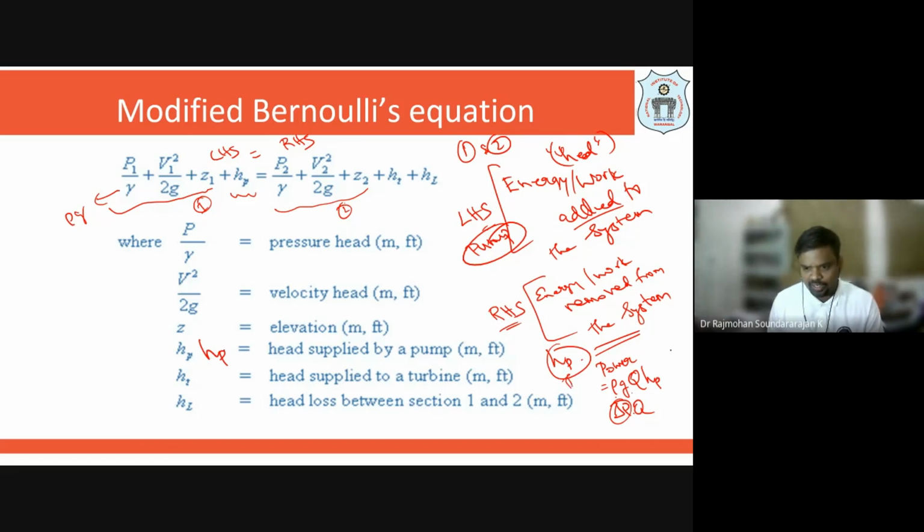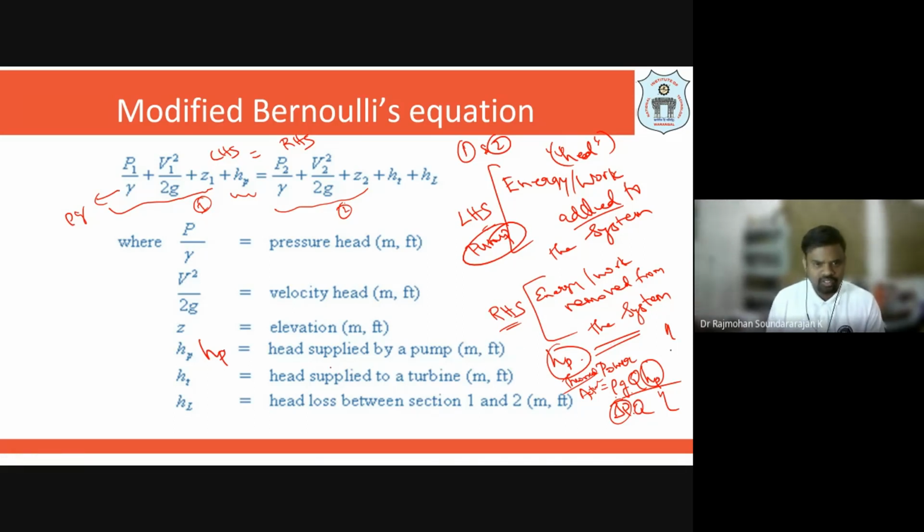Usually this is the theoretical power requirement. If you want to know the actual power requirement, you have the efficiency of the pump. Divided by this, it will give you the actual power requirement of the pump. So in Bernoulli's equation, we will be adding only the head developed by the pump, which can be used to find the actual power requirement of the pump. This has been discussed in detail in flow transport devices; in particular, the centrifugal pump video we have already released.